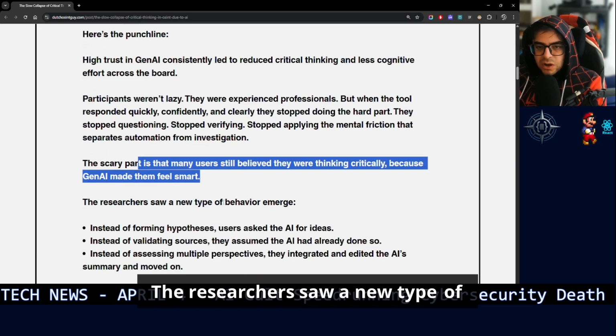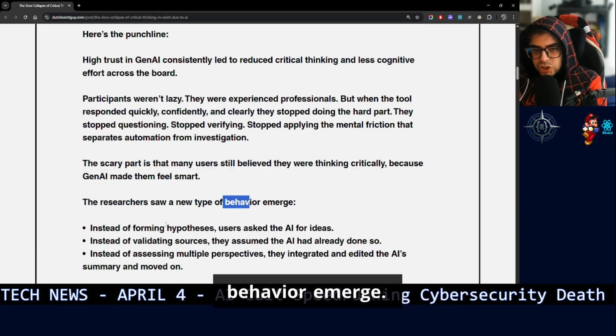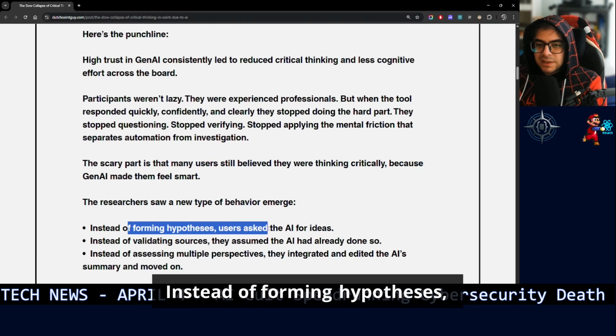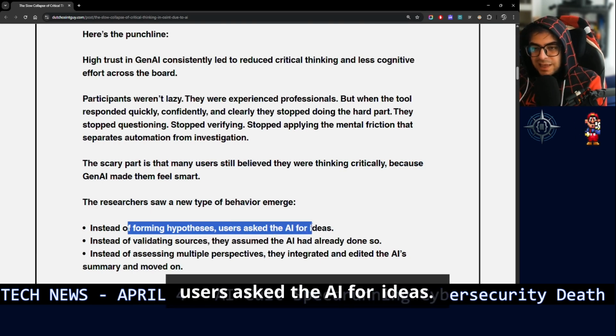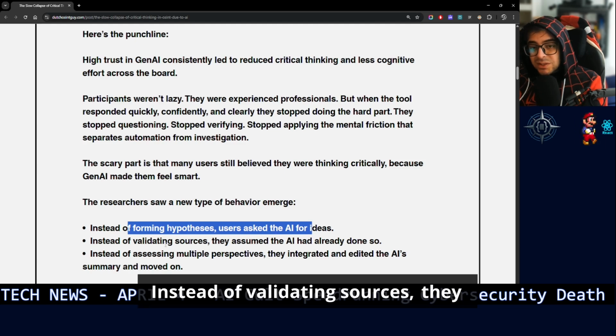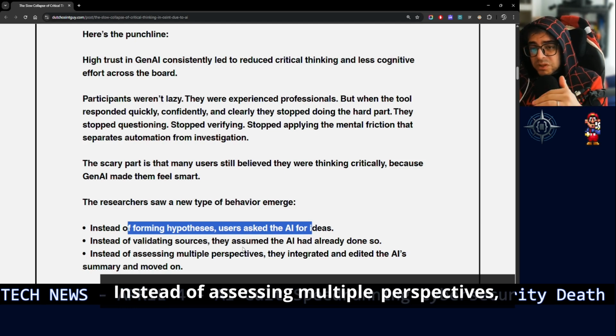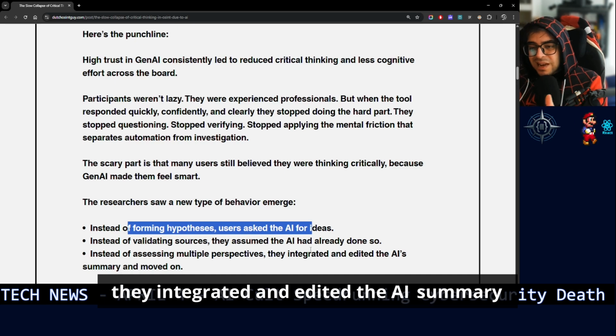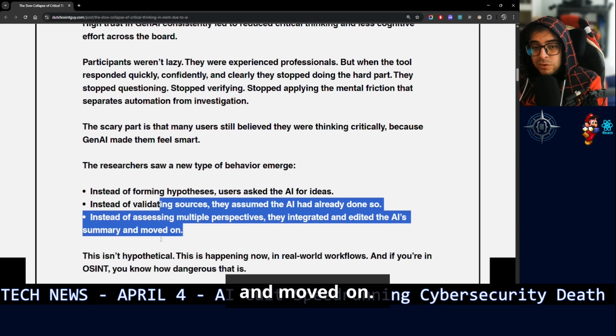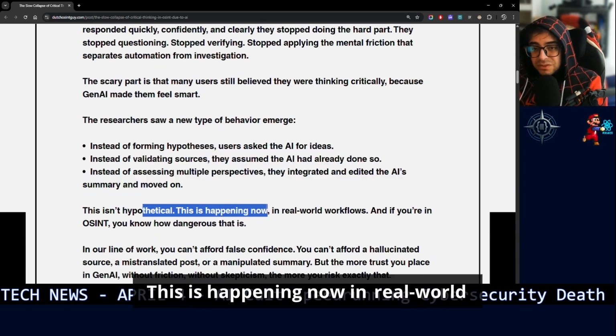The researchers saw a new type of behavior emerge. Instead of forming hypotheses, users asked the AI for ideas. Instead of validating sources, they assumed the AI had already done so. Instead of assessing multiple perspectives, they integrated and edited the AI summary and moved on. This isn't hypothetical. This is happening now in real-world workflows.